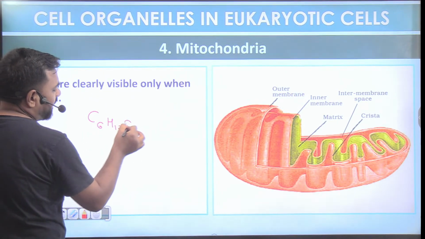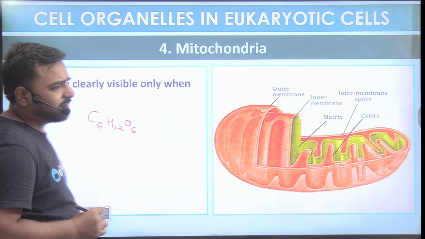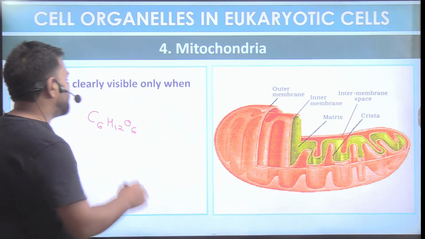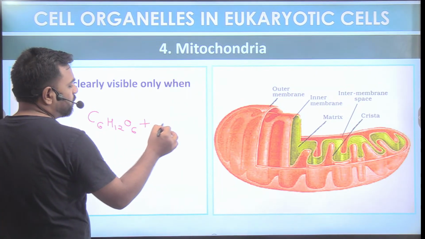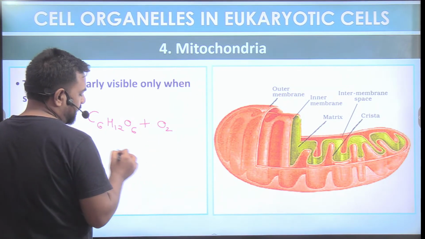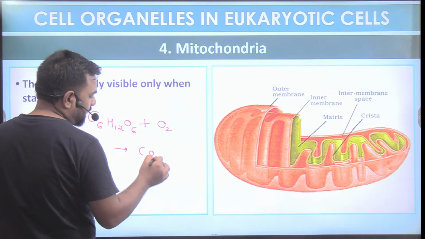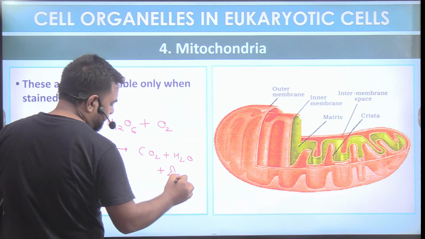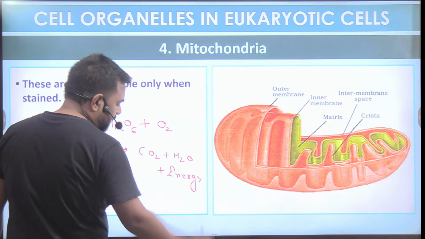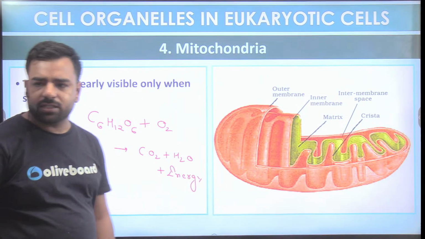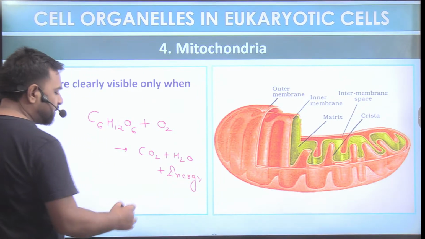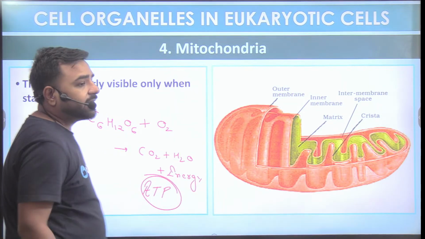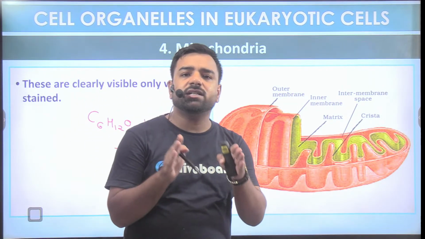Now, why am I writing this? It's not relevant here. It will be linked with the respiratory system chapter. I'll link it there. Please remember, when this glucose reacts with oxygen, it forms carbon dioxide plus water, and yes, it gives energy. The point that Shiva was suggesting to us is present here. So energy is present in what form? That's ATP. And do you know what ATP is? ATP stands for adenosine triphosphate.